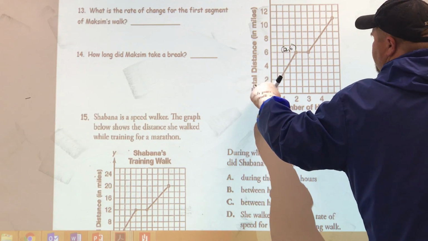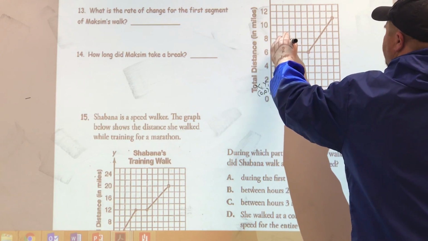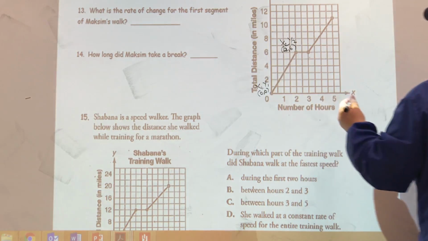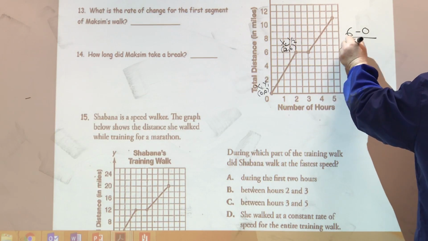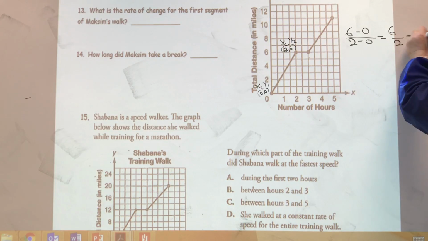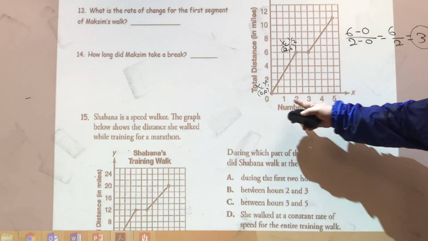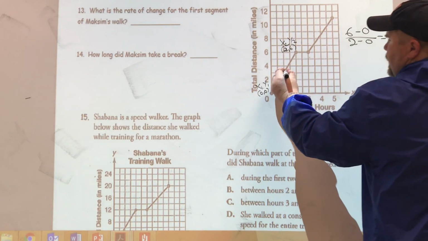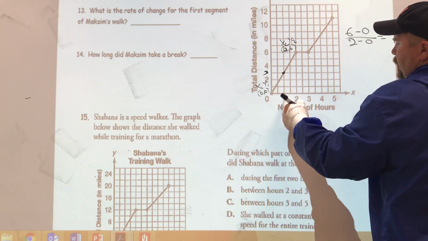y2 minus y1 situation. So I'm going to label these x1, y1, x2, y2. So I have 6 minus 0 over 2 minus 0. 6 over 2 equals 3. So our slope is 3, and in this case it's 3 miles per 1 hour. Notice we had the same number with that good point right there, 3 miles per 1